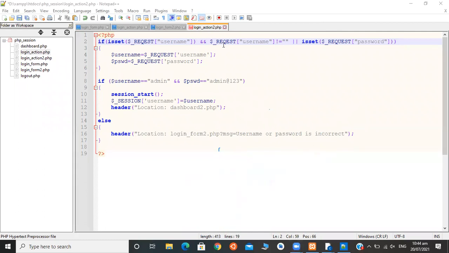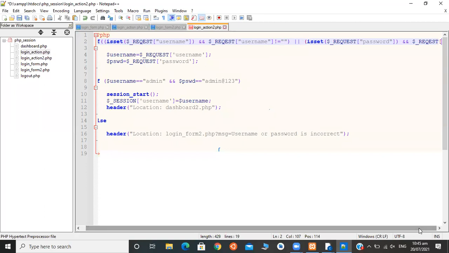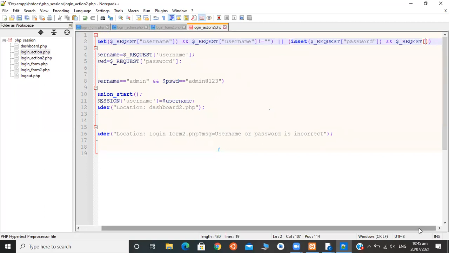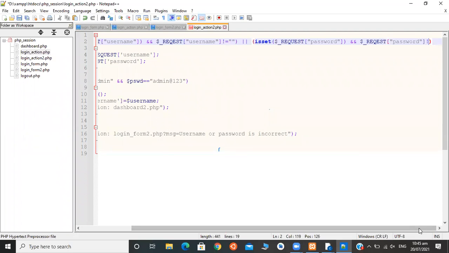So here we have given one more condition, $_REQUEST['username'] is not equals blank, or we said isset $_REQUEST['password'] and $_REQUEST['password'] not equals blank.